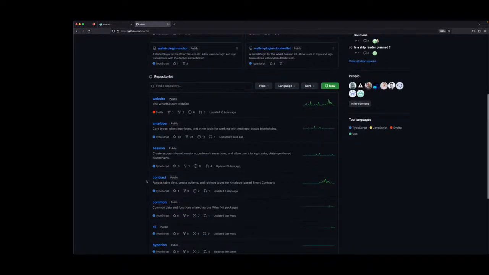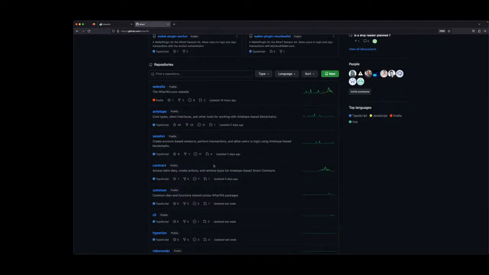There have been a couple other minor things I think we've talked about already, like the Anchor plugin got an update that includes some of the features that Anchor Link had. That way, when you go to reconnect, it'll show you a QR for those who are using multi-device setups, things like that.